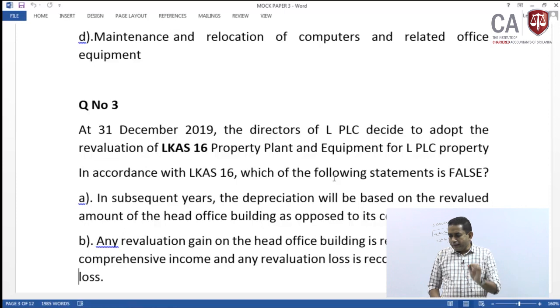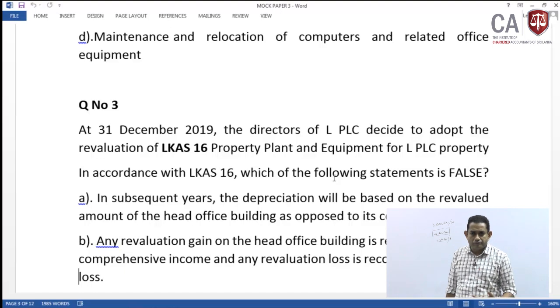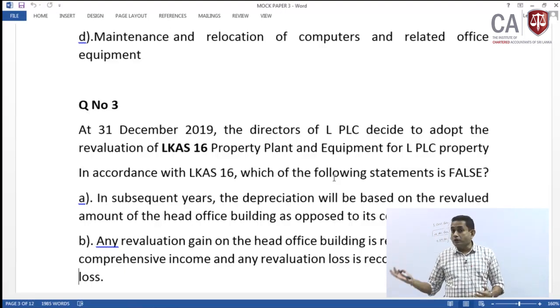Second one, any revaluation gain on the head office building is recognized in other comprehensive income, and any revaluation loss is recognized in profit or loss. And you heard of fair value model and revaluation model. So, how do we differentiate revaluation model from the fair value model? It is quite straightforward. Revaluation model requires the assets to be depreciated, and fair value model does not require the assets to be depreciated,